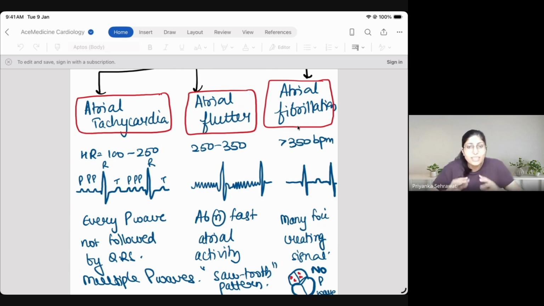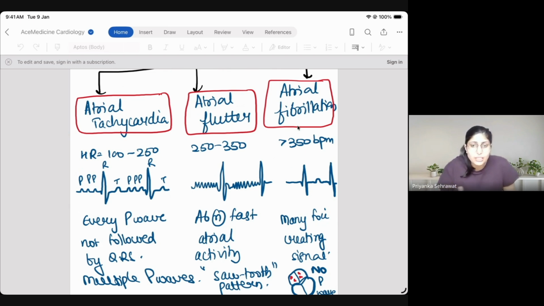Now, what if more than a few atrial muscle fibers go into depolarization at the same time? We will get a sawtooth pattern kind of P waves. Now, because multiple atrial muscle fibers are in depolarization, they are generating small abnormal currents. So we get abnormal shaped P waves, which we call sawtooth pattern. And in the middle of those P waves, we find few normal QRS. हमें कुछ normal QRS मिल जाता है, right?